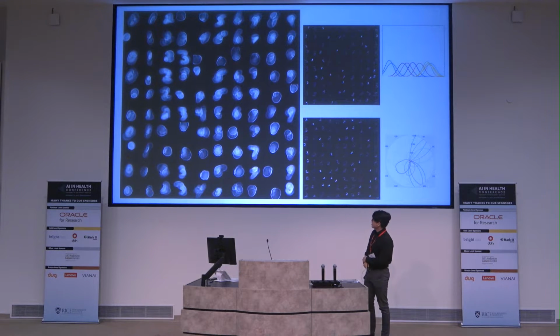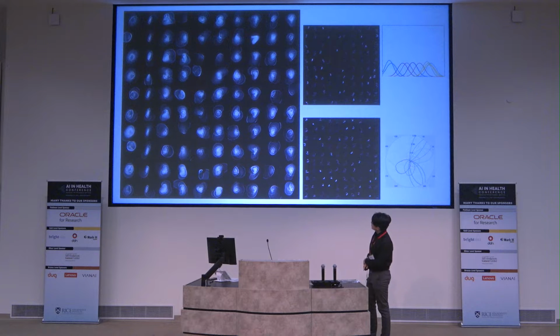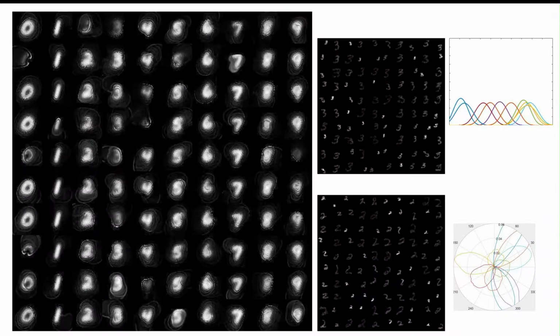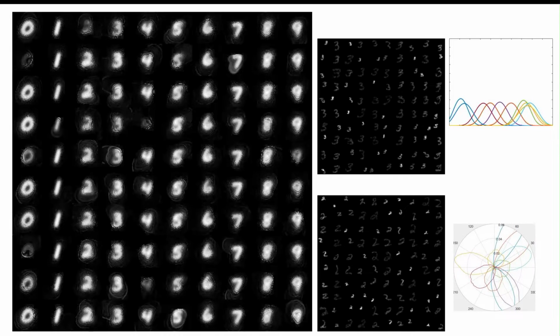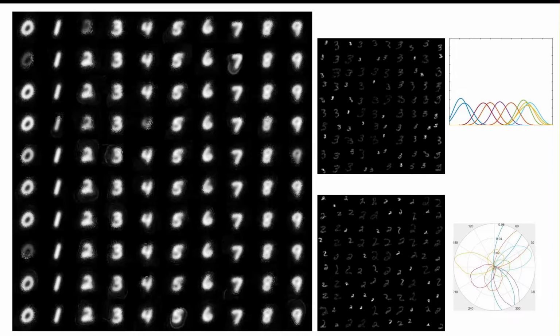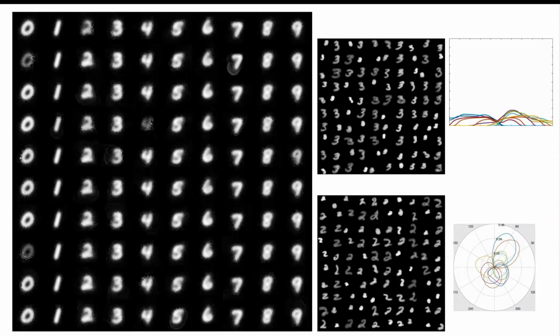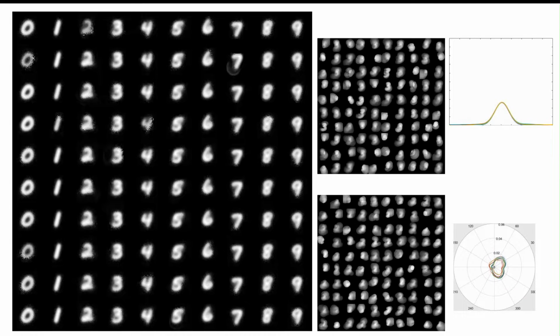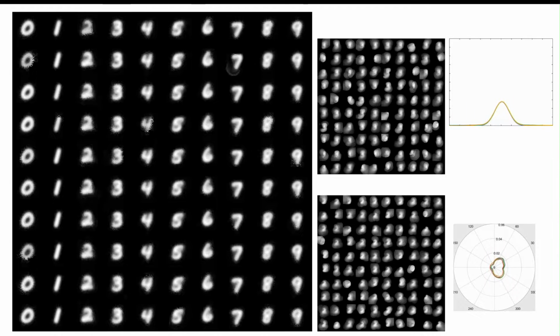And here are some simulations of what happens on some data that you have. Even though you start with different numbers, as the algorithm runs, you get a very nice average of what each of these numbers from 0 to 9 look like. Or you can do other types of data, like Gaussians, everything that are non-numbers, you can do this type of averages, and it sort of works geometrically.